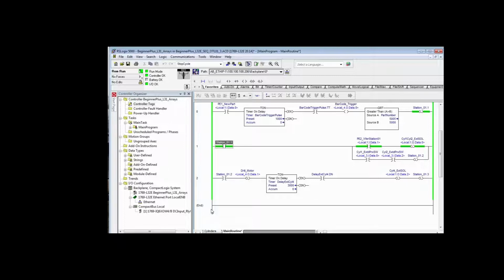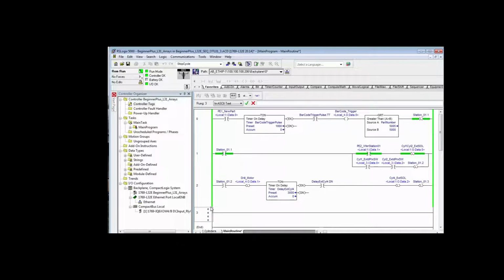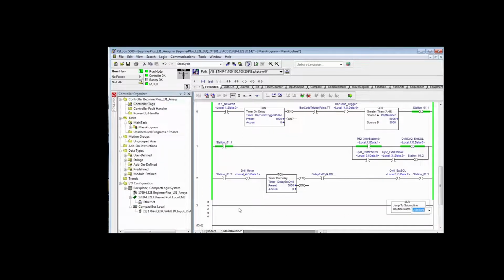What I do when I do these videos is, when I was originally doing the labs, I saved the .acd files. So I saved the files, I open them back up and use them. So evidently when I saved them, I did not have a JSR in here. We'll do this again. I'll try to do this in advance on the next one. Cylinders,